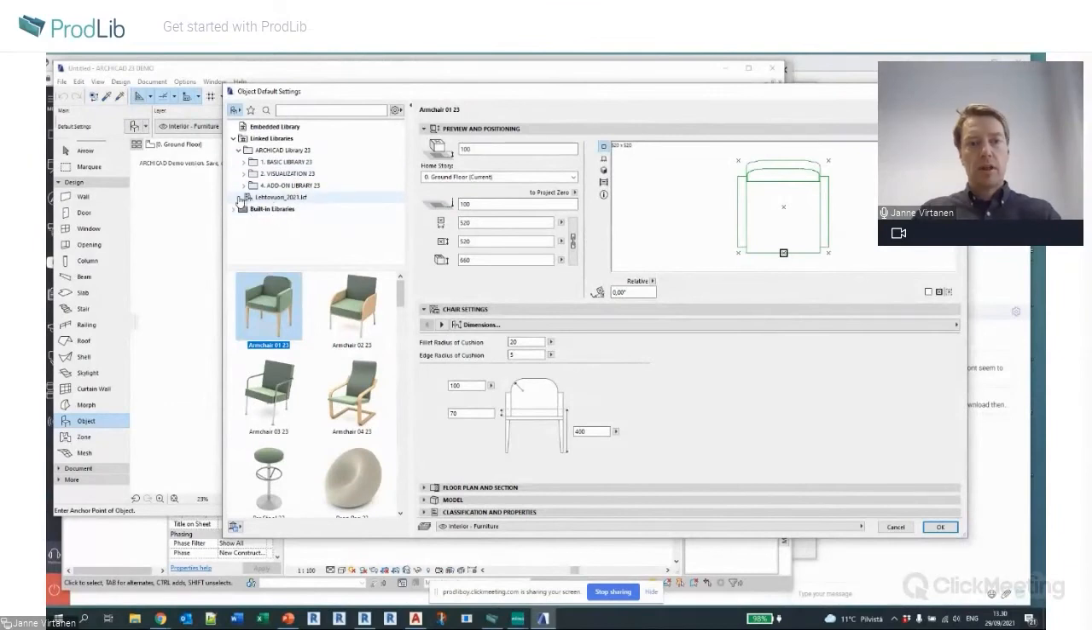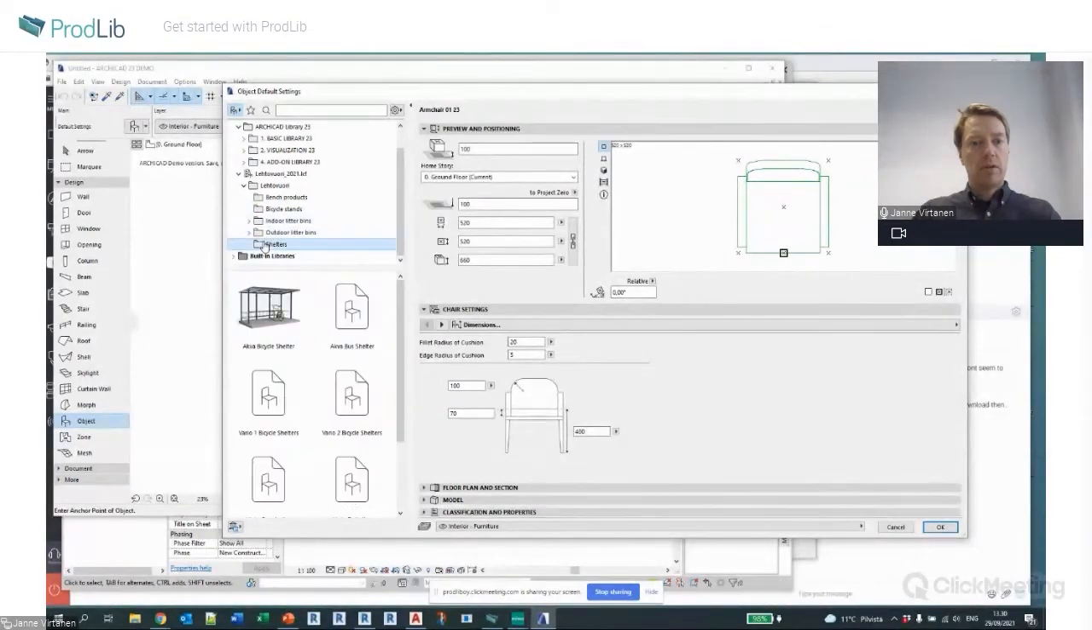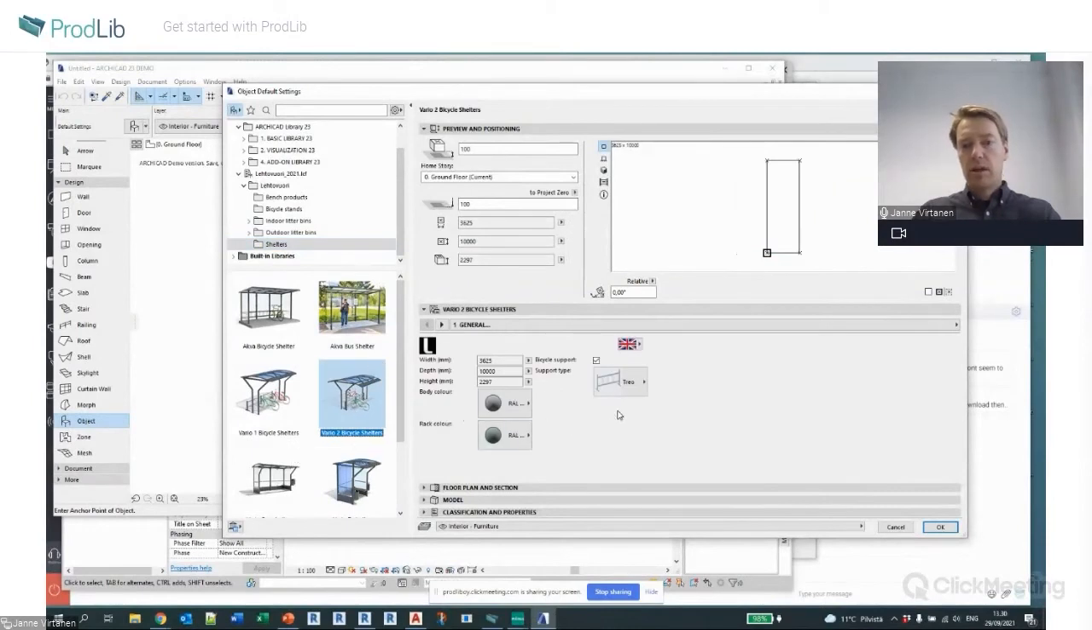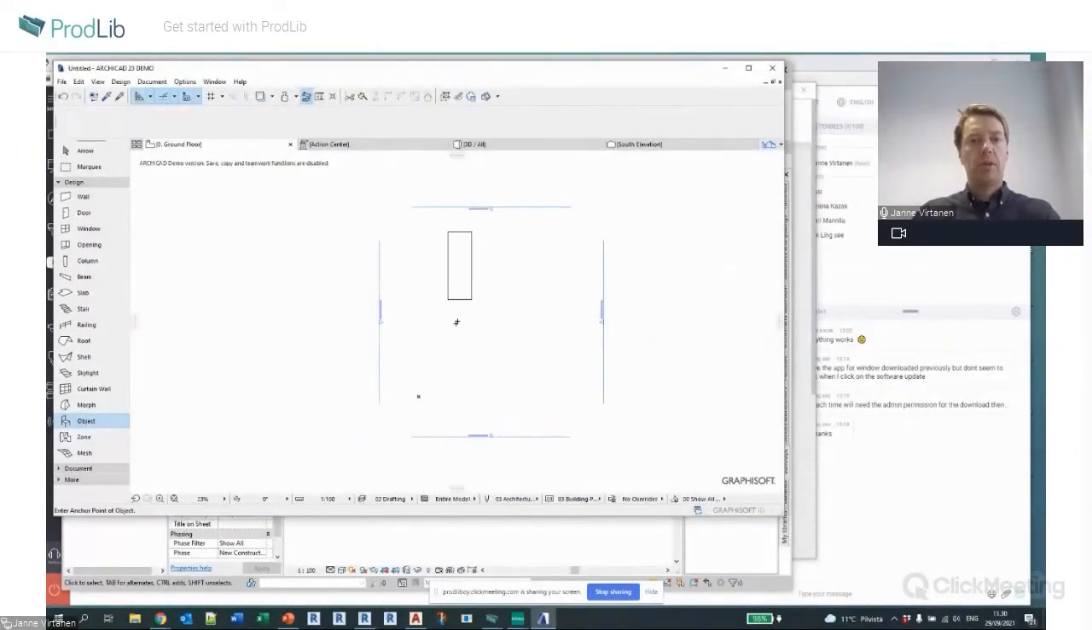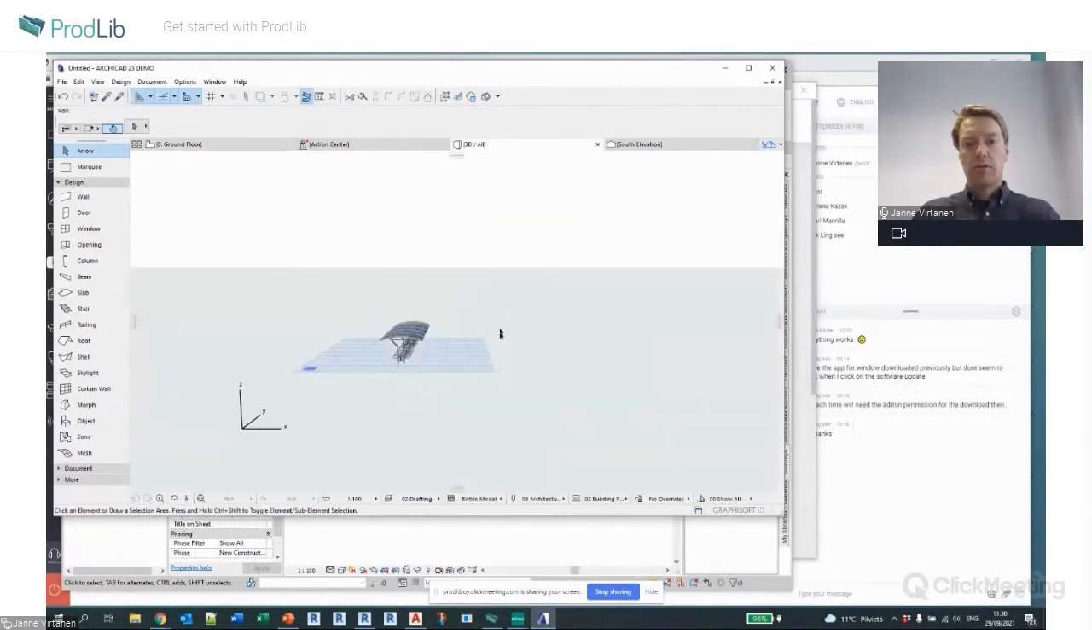So there's the Lehtovuori that I just loaded. I want to have definitely shelter. I will take Vario, and well, these are the basic selections for the bicycle rack, colors and so on, and then insert it there. If I'll check it out,